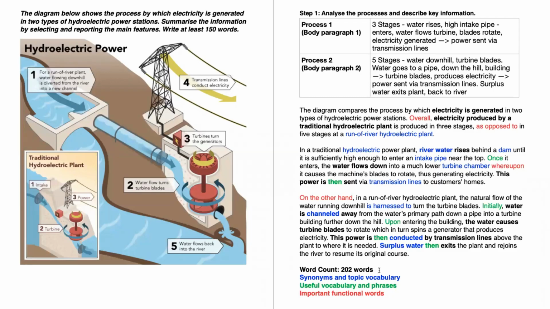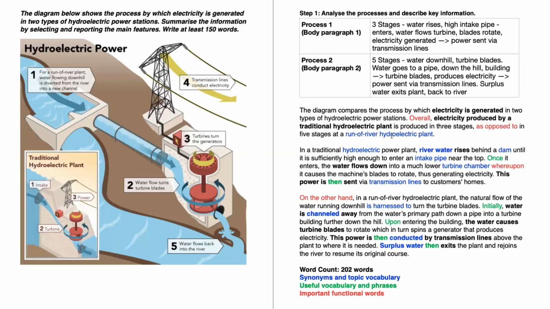And keep a note about these color-coded words. The blue shows synonyms and topic vocabulary, the green, useful vocabulary and phrases, and the red, important functional words. So let's read it together, and I will stop for important things. We'll start here. The diagram compares the process by which electricity is generated in two types of hydroelectric power stations. Overall, electricity produced by a traditional hydroelectric plant is produced in 3 stages, as opposed to in 5 stages at